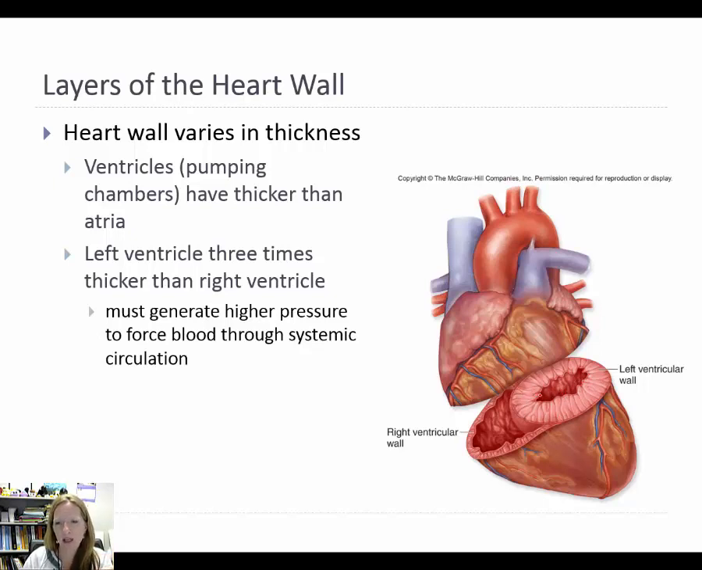So it has to pump it hard enough, with enough force to get it to your fingers, to your toes, all of the different places, all of the different systemic cells. So that's why, we'll take a look at this, this is going to be your myocardium. This is where that cardiac muscle tissue is going to be. So more cardiac muscle tissue means that you're going to be able to generate enough tension to generate a high enough pressure in order to force the blood through that systemic circulation. So it's a really interesting fact about the heart, how it's going to be a lot thicker on